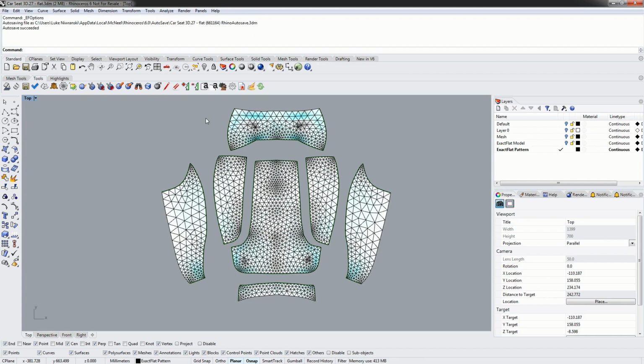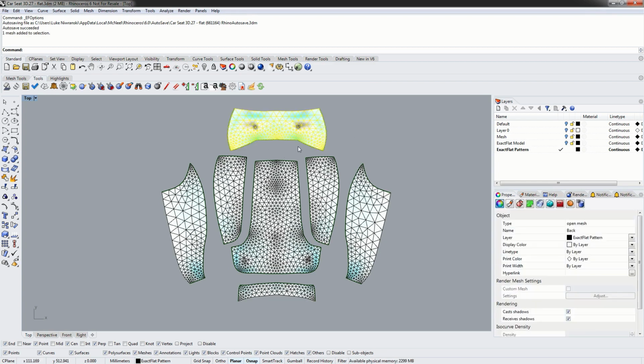Beyond that, there are a couple other ways that we can evaluate the quality of our pattern. The second easiest way is to simply measure the surface area of the pattern piece and compare it to the surface area of the source model. So for this piece up here, we can use the Rhino area command, and this one is telling us that we've got about